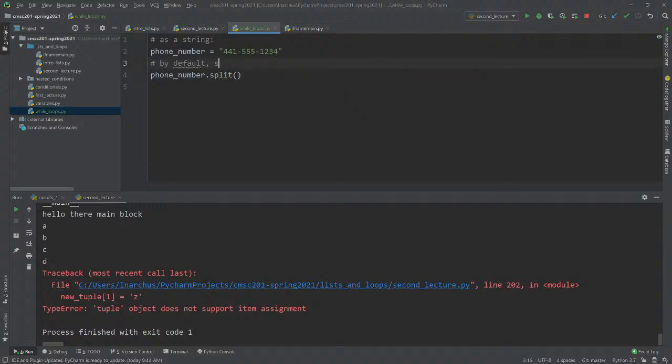by default, split splits on white space. I'll do an example of that. But if you stick a string into the split argument, then you'll split on that, whatever that is. So for instance here, if I put in a hyphen, and remember there's no difference between the single ticks and the double ticks for strings,